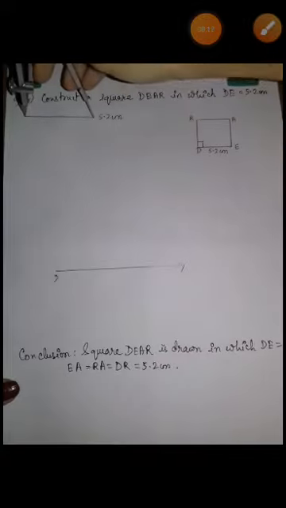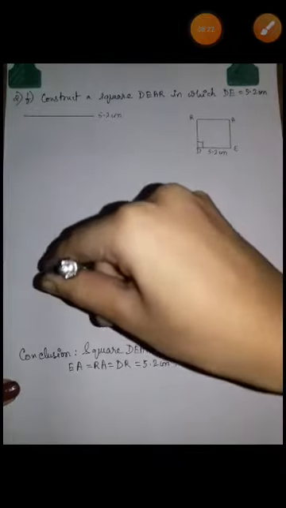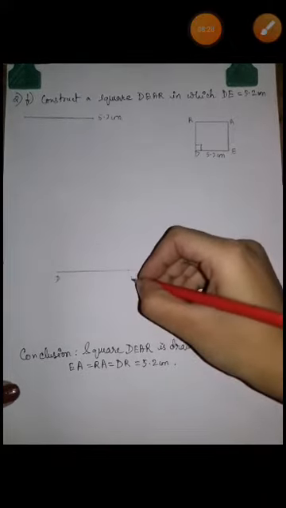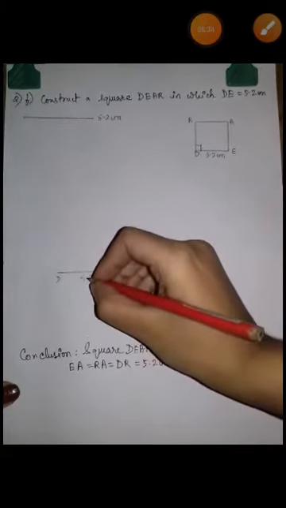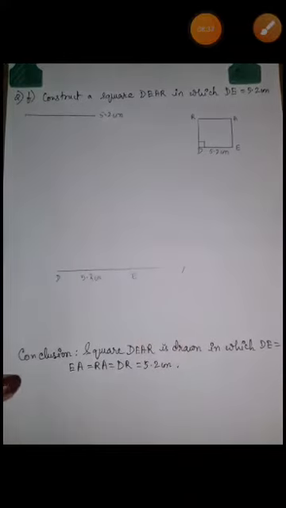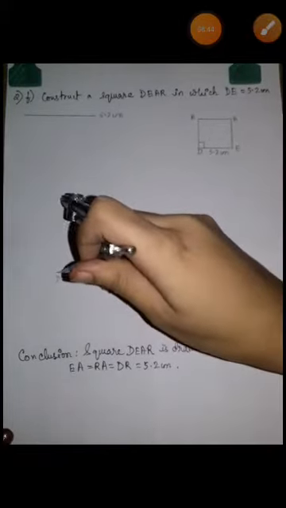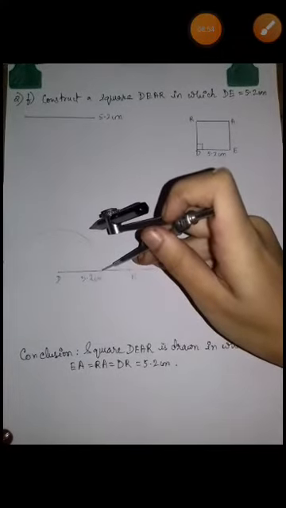So you are taking the measurement, cutting in this way. You have got the E vertex and you are writing 5.2 centimeter. Now place the pointer of the compass at D, and you are going to draw the angle. Now for drawing the angle, as I have told, you can take any radius, any arc. You are drawing 90 degree. I hope you remembered how to draw 90 degree.